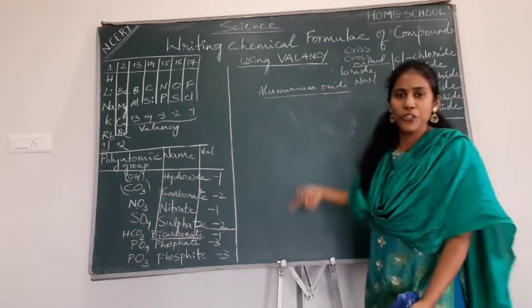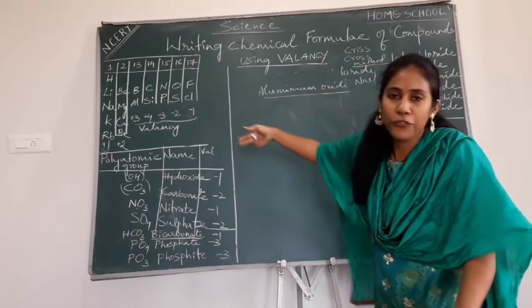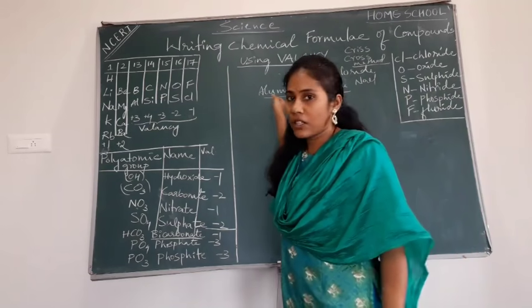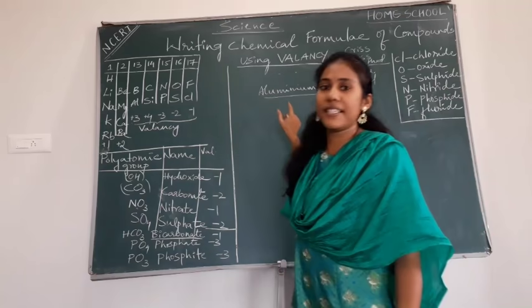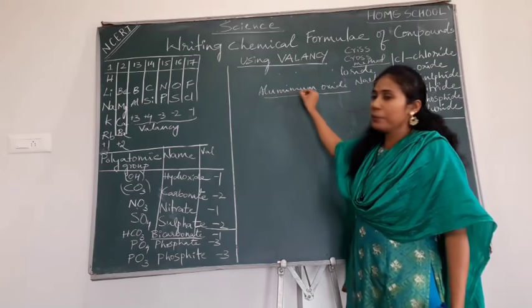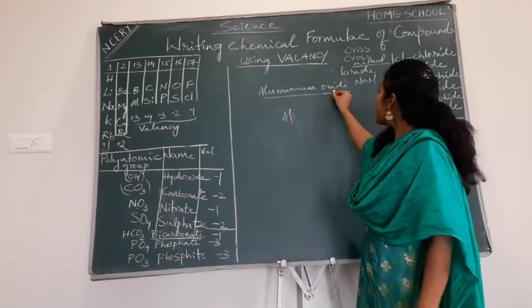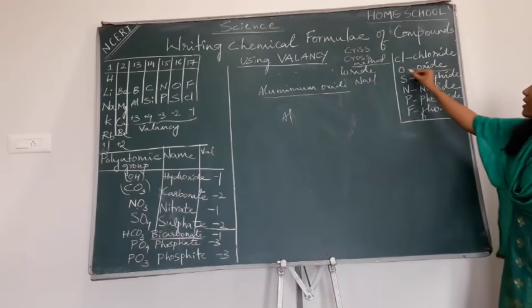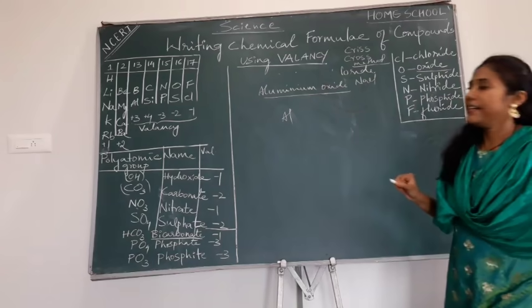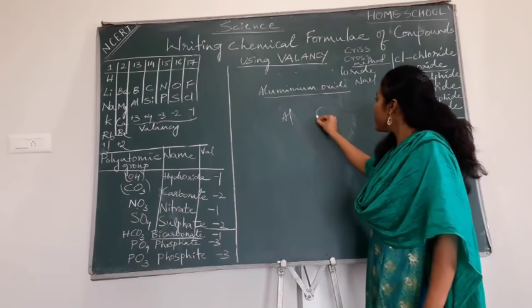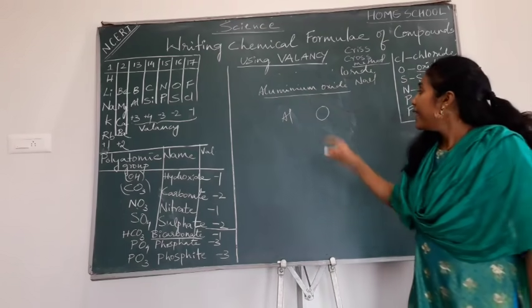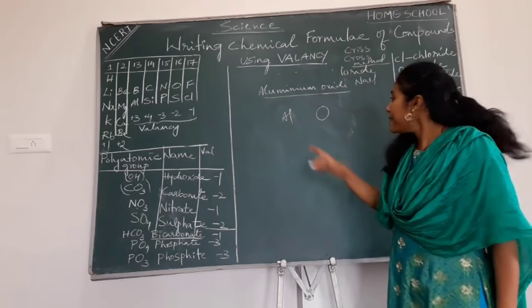Okay, now let us go for aluminium oxide. The same old story, the same story you have to follow for whatever molecule or compound I give you. Mention the symbol of the element. Aluminium is the element now. What is the symbol? Al. Oxide in the sense what? You see, oxygen can be called as oxide. So what is the symbol for oxygen? O.